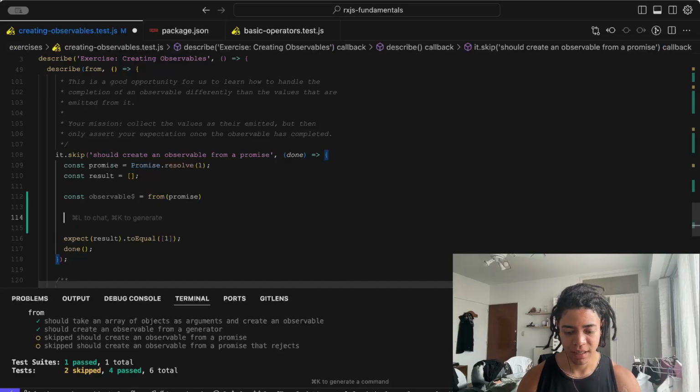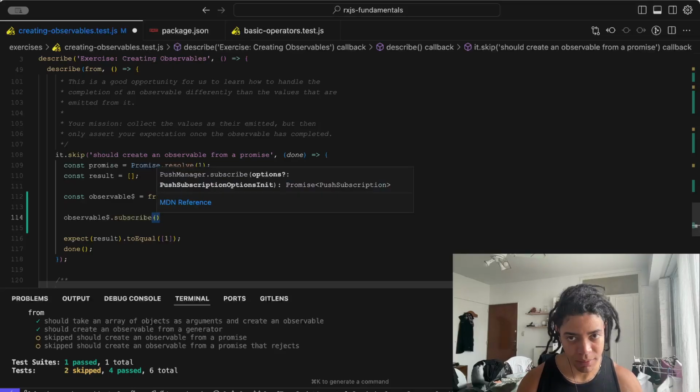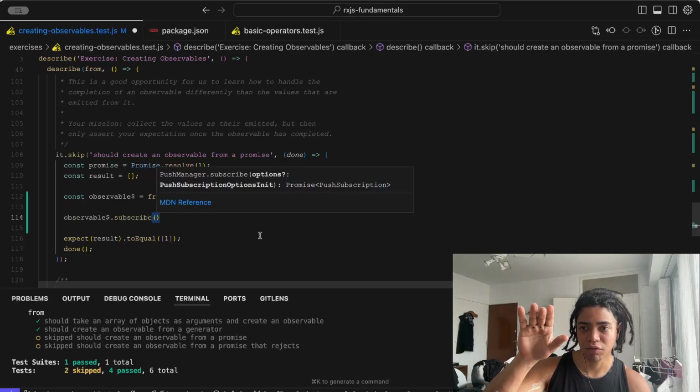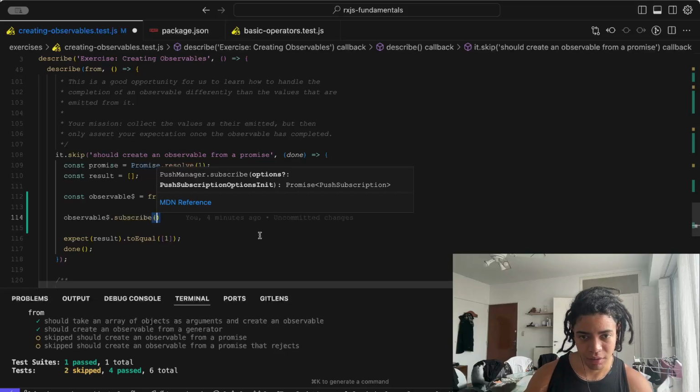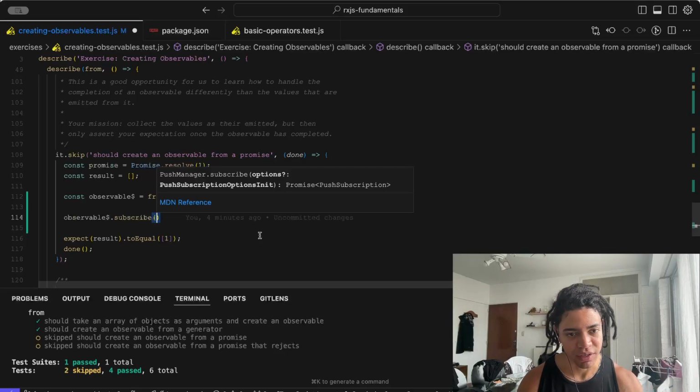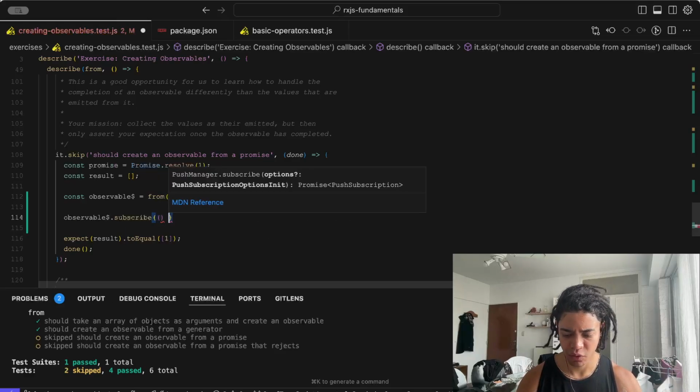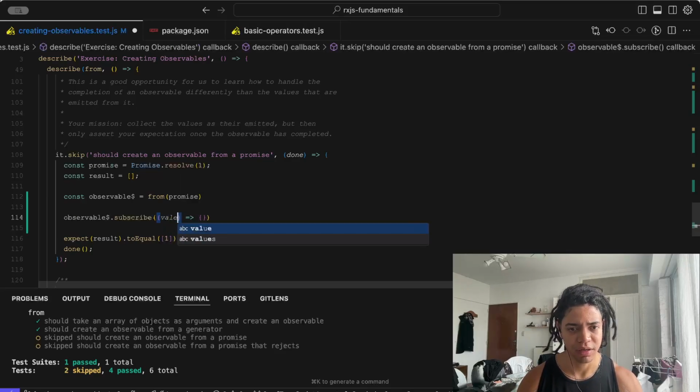So by the time you now subscribe to this, since this is a promise, JavaScript will evaluate all of this set of instructions, and then the event loop kicks up with whatever you pass to the microtask queue, which has more priority than the callback queue. And then you now can have access to this value. So let's go with the happy path here, which is, I get this value,